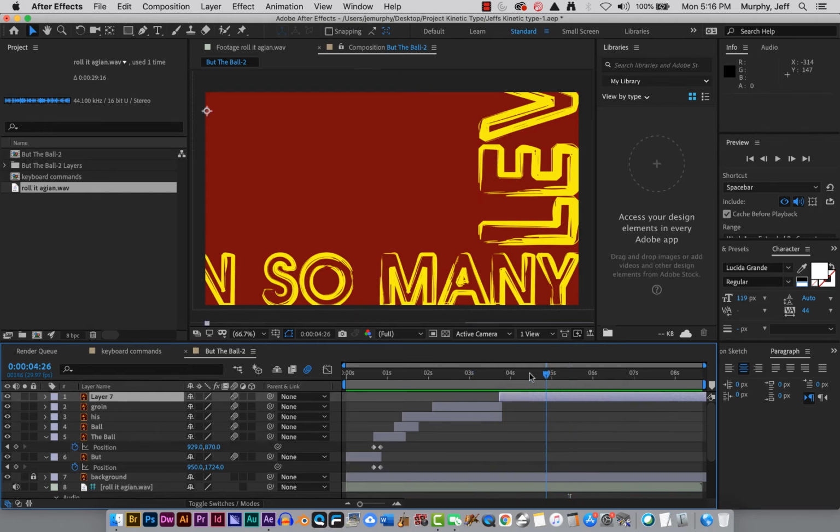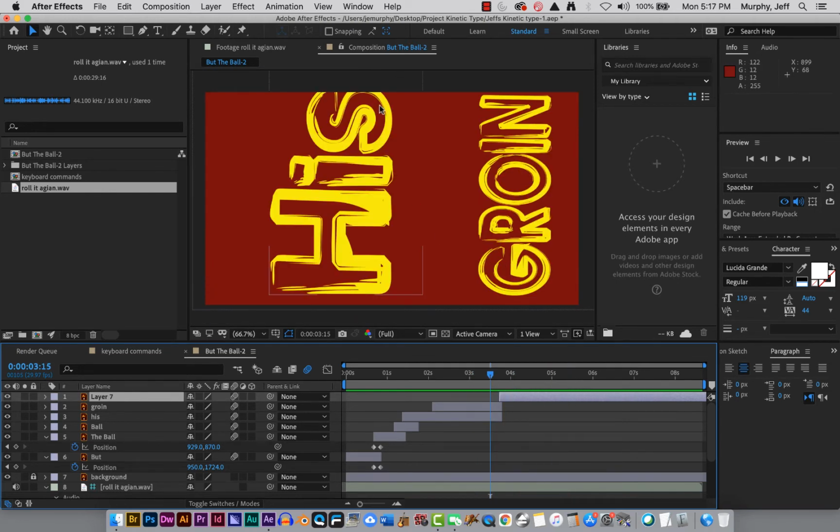And by the way, where I have his groin, what's going to happen is I'm going to set the rotation point up here, and then his is going to rotate into the groin, and the groin is going to fly off in 3 dimensions. I can't show you how to do a 3-dimensional thing really quickly for the word groin. So I'll rotate this, set a keyframe for that. It'll spin up, hit the word groin, just like the ball hitting the groin that Homer's laughing about. And then